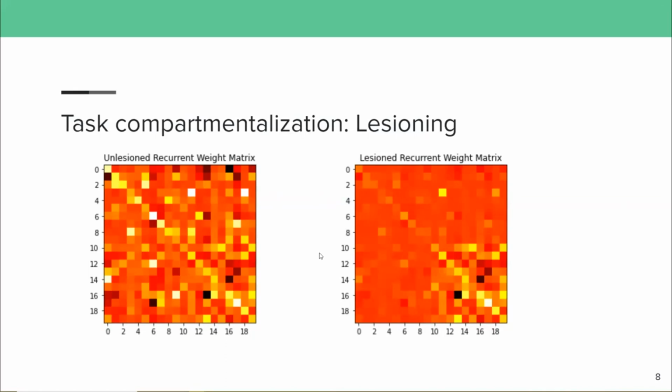In this analysis, the slow region was lesioned, corresponding to the nodes 0 to 10. You can see on the right that the squares indexed by the numbers 0 to 10 have a sort of muted color to them. This lesioning was performed by multiplying the weights of the slow region by 0.2 to diminish their influence on the model.